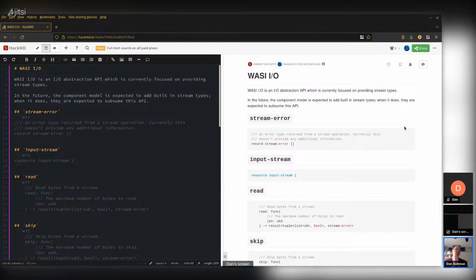But early on in WASI's lifetime, it wasn't really clear what a stream should be. Should a stream be a file, like Unix's everything-is-a-file concept, or should a stream be something more like a channel in some of the languages, or what should this thing be? Should it be built into the language? Is it a handle? Is it a type? We fished around for a bit. And early on, we had an earlier version of WASI IO, where we introduced the concept of a stream as a library. It was envisioned to use first-class handles, a thing that you can either read from or write to.